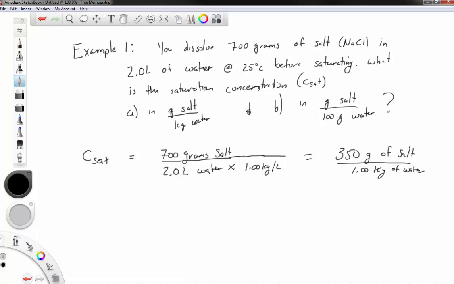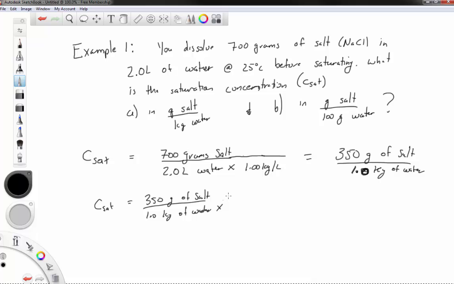Alright, and in fact, if we're keeping track of significant figures, we should probably call this per 1.0 kilogram of water. So that answers part A. Part B, CSAT, is also equal to 350 grams of salt per 1.0 kilogram of water